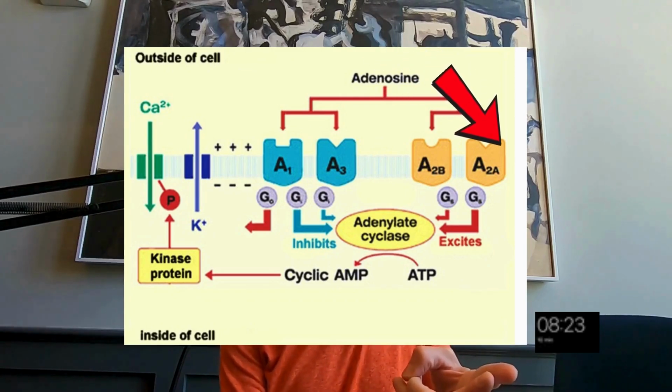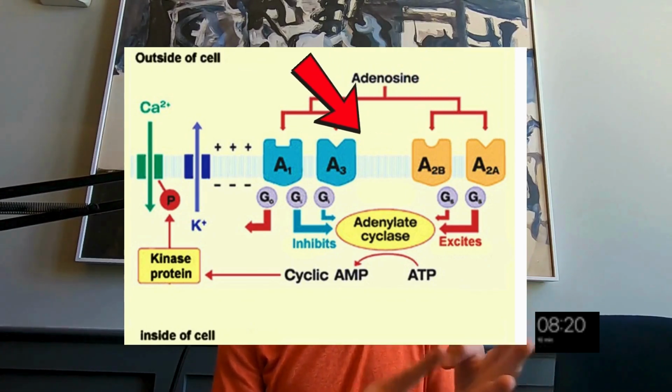There are receptors in the brain for adenosine. Now, there are 4 receptors in total in our body for adenosine. There's the A1, the A2A, the A2B, and the A3. The ones in the brain are going to be the A1 and the A2A, or at least the majority of the adenosine receptors, to my knowledge, are going to be the A1 and the A2A. Those are the 2 receptors that caffeine is an antagonist for. So we're going to go into a little bit about what those receptors do, and then we'll understand what caffeine